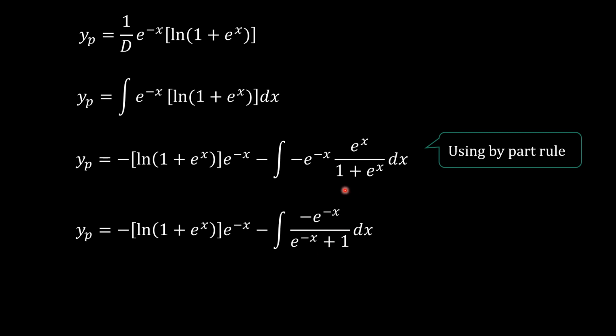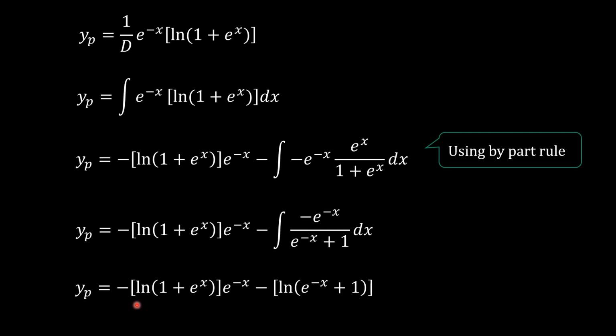Purposefully we have taken e^x common, because of which our denominator becomes e^(-x) + 1. If you observe, the derivative of the denominator is now in the numerator, which is of the type f'(x)/f(x). And we know its formula. So therefore the integration is